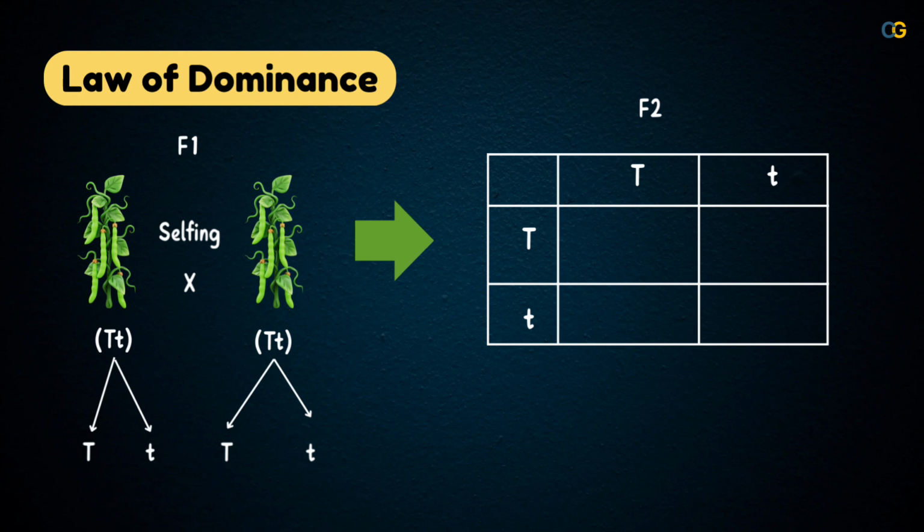So the two tall genes gave rise to one pure tall pea plant, and the other two gave rise to two tall pea plants which look tall but also have the recessive short gene. And the two short genes gave rise to the short pea plant. This is how Mendel could obtain the F2 generation, where